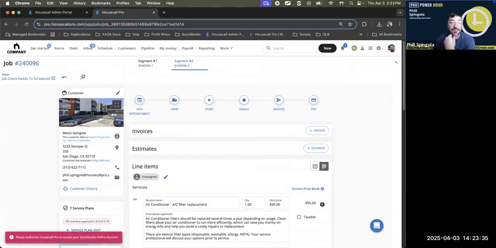Okay, I see it. Now it makes sense. Sorry, y'all. So each segment is its own invoice, and that makes sense because one of the questions as I was researching for today was how it transfers over to QuickBooks.